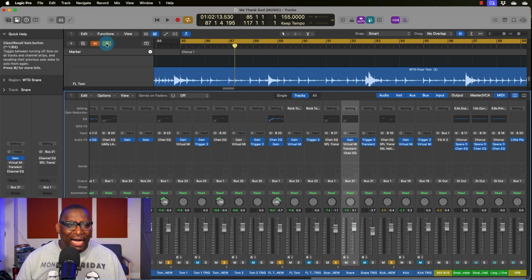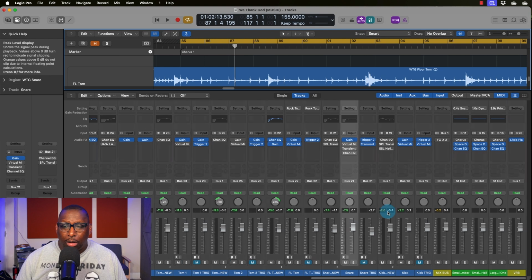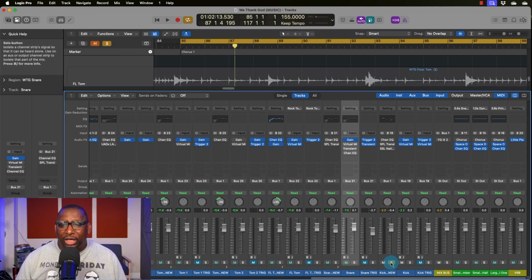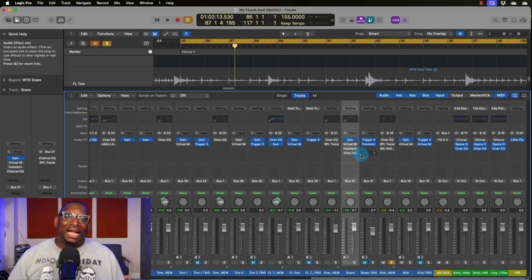Now, with our kick and snare, let's solo the kick and deal with that. Typically, with kicks and snares, we can very easily, and actually I think I have it on already, so I'm going to turn it off. Yeah, I had it on for the kick, not the snare. With kicks and snares, we can typically very easily deal with bleed by using a gate. A gate is simply a tool that we can use to filter out unwanted noise. We set a threshold. When a sound hits that threshold, the gate opens to let the sound out, and then after an amount of time that we configure called release,